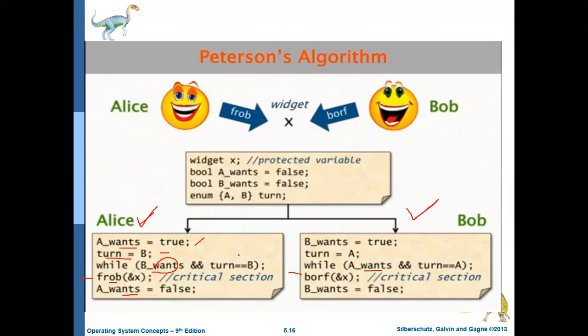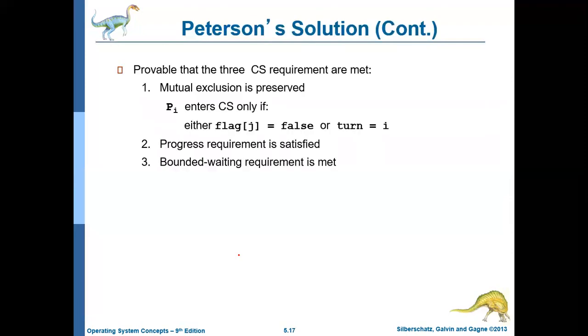But if both of them don't want to access continuously, if only one of them wants to access, then also they can access. If only one wants to keep on accessing, that is possible, so it satisfies progress. But if both of them want to access continuously, then if Alice accesses first, next the turn will be Bob's and then Alice's. So by that it ensures bounded wait. So Peterson's algorithm satisfies all the three conditions. It is one of the simple solutions for the critical section problem.